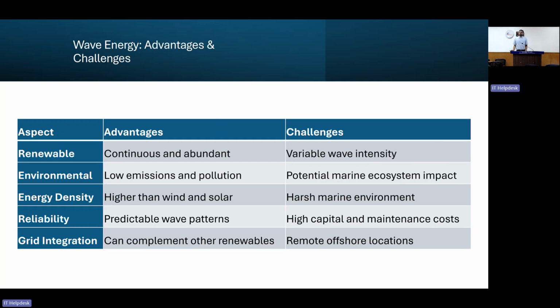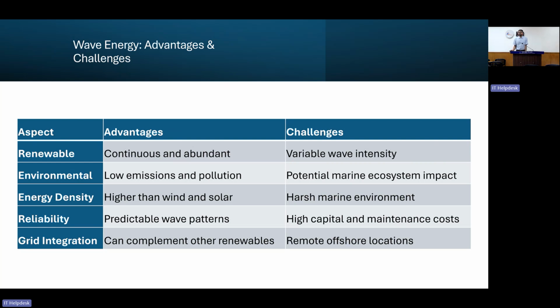Okay, however, although wave energy is considered renewable energy, there are also some advantages and some challenges in tapping the wave energy. Advantages include that it is continuous and very abundant in nature. It has the leverage of low emission and low pollution, and it has a higher efficiency and energy density